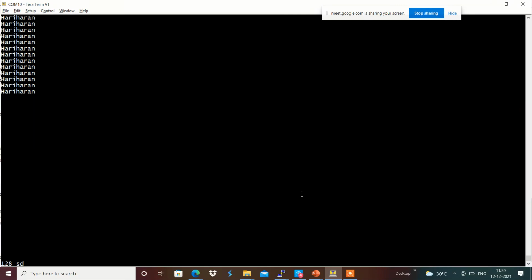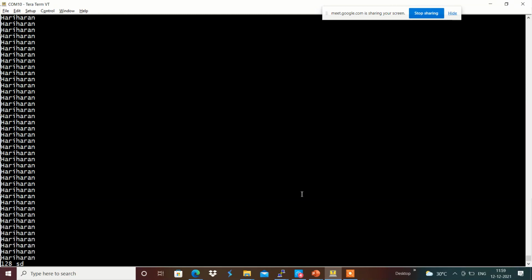I'm going to terminate with Control C. Whenever we are terminating, the device file will be automatically closed by the Linux kernel subsystem. This provides a simple prototype of a character driver.